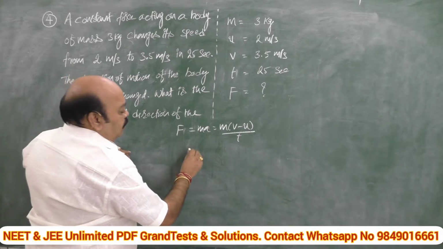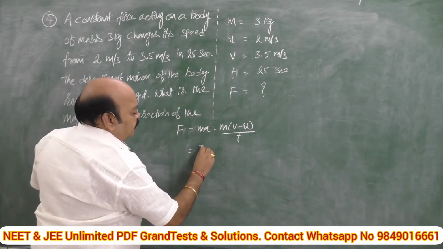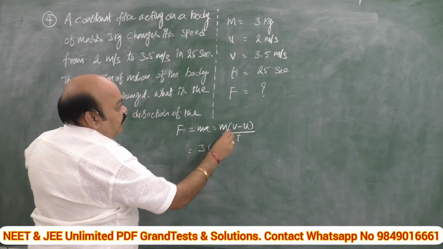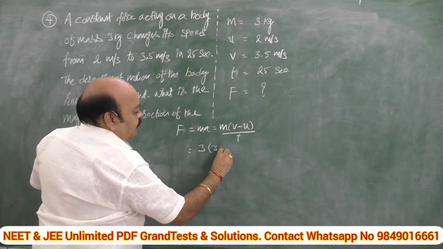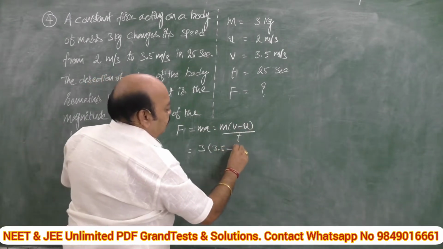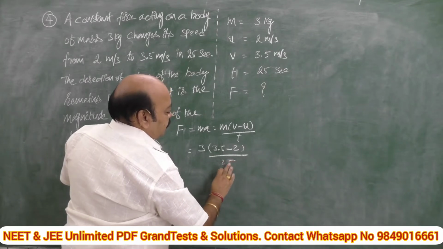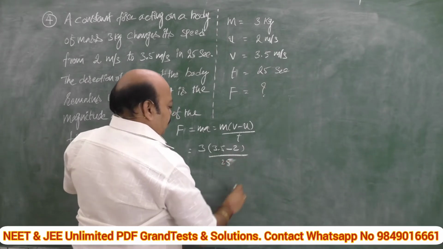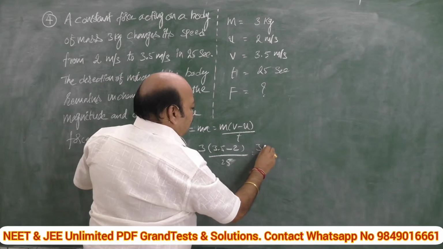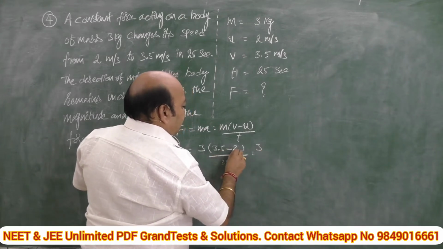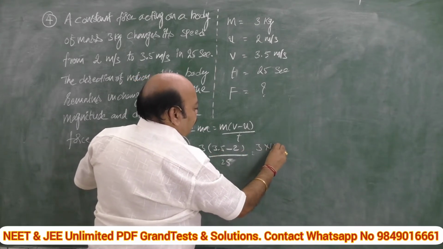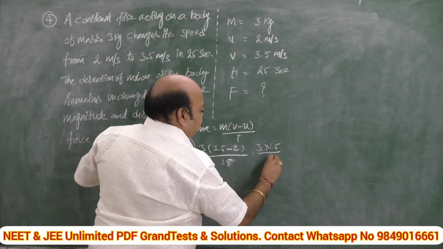By substituting all these values, what is the mass? It is given as 3 into final velocity 3.5 minus initial velocity 2 divided by time 25. This is nothing but 3 into 3.5 minus 2, nothing but 1.5, divided by 25,